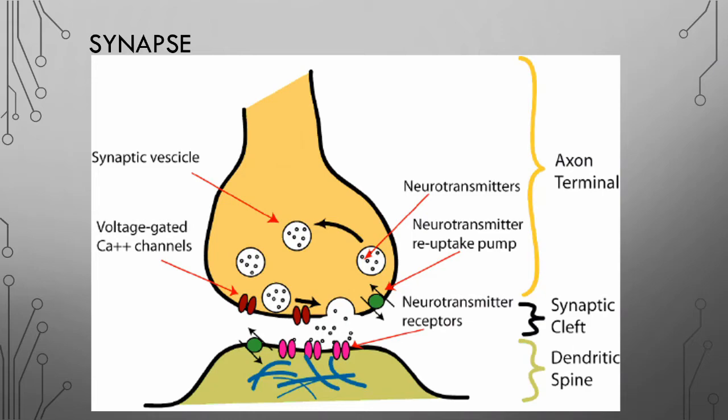The presynaptic axon terminal contains a bunch of tiny spheres, and these are called synaptic vesicles. These carry the chemicals that we call neurotransmitters. When the signal comes in, these vesicles fuse with the presynaptic membrane and dump out all of their neurotransmitters into the synaptic cleft, which is also called the synaptic gap. These neurotransmitters then interact with the postsynaptic membrane, which is the one in green. This synaptic gap is really small, about 20 to 40 nanometers, but it's just enough to transfer these chemical signals.